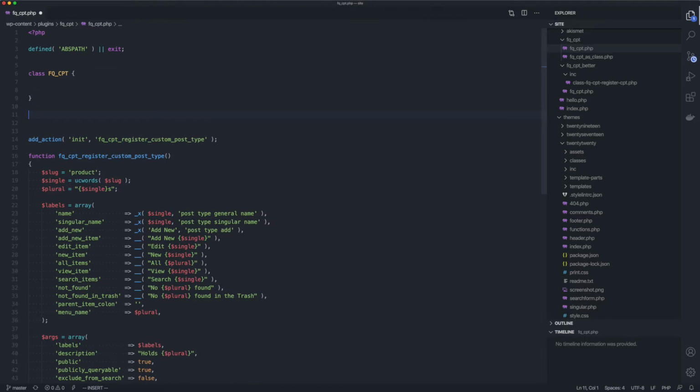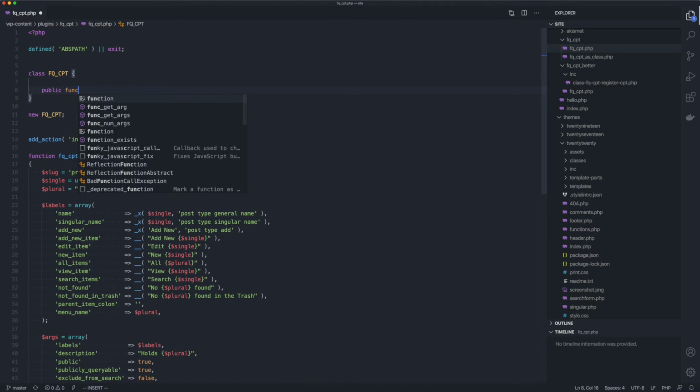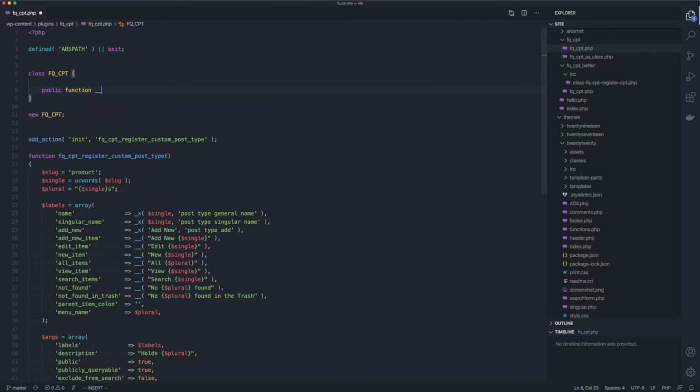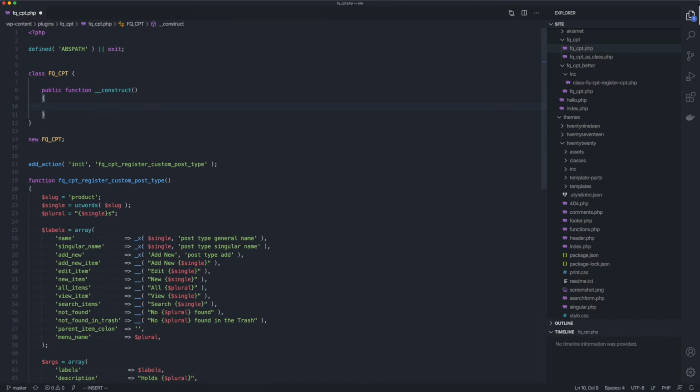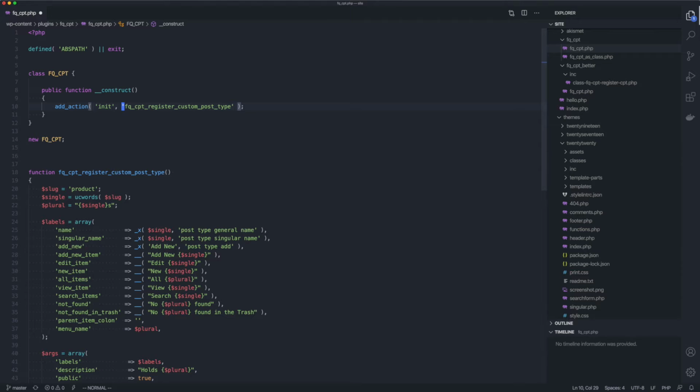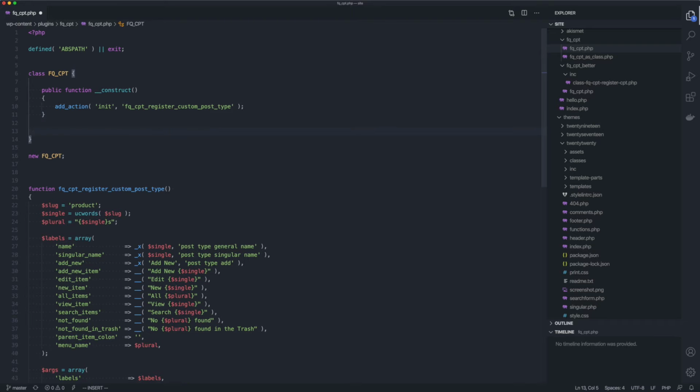So instead of doing that, I'm going to do something like new and call this class, which means I need to fire this off in its constructor. So I want to add a constructor, construct, and in this constructor I'm going to take this initializing action that I've already gotten written here, but instead of calling a global function like we have been doing, I'm going to call a method relative to this class right here. So if I go down, I'm going to make a new method called register cpt